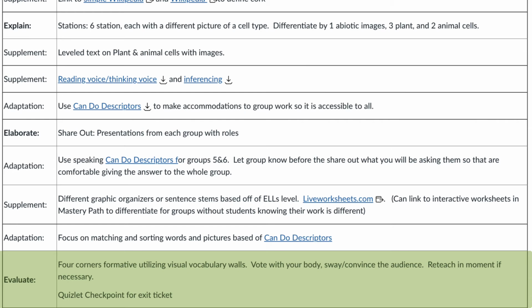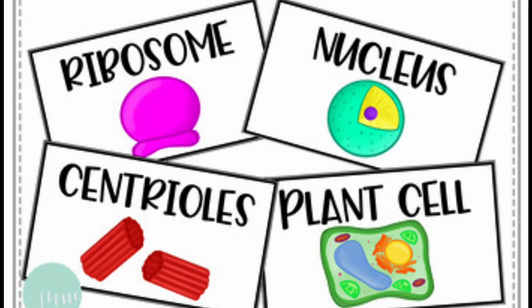In order to understand this activity, it's important to note that not only do I have visual vocabulary in my classroom, but I have the vocabulary spread across all 4 walls. Vocabulary words, like the ones shown here, are color-coded based off of the 4 large units of study we cover throughout the year. As new terms are introduced, they're added to the wall. When used during formative